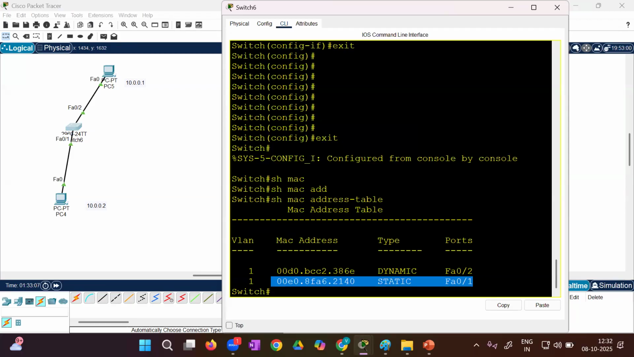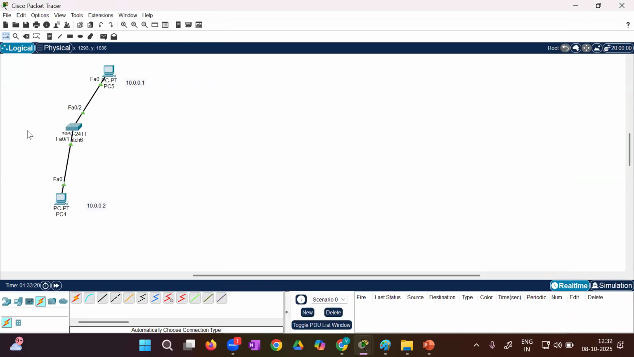It is not dynamic. Why is it not dynamic? Because I told you that dynamic entries flush after every 300 seconds. Correct, no? So when you change this PC,